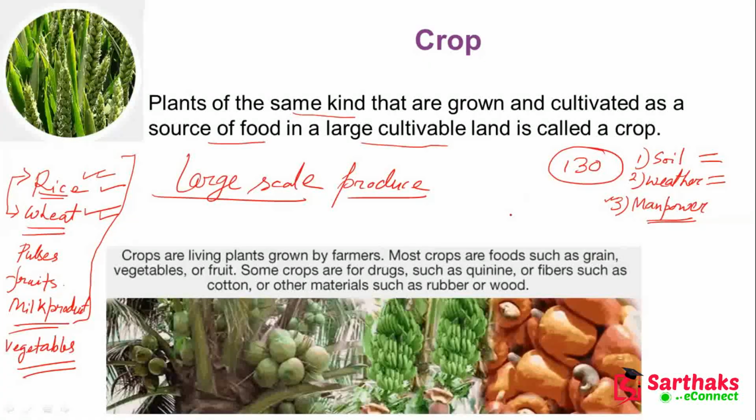So crop means the plants of the same kind. If I am cultivating rice, so I am cultivating paddy, I am cultivating wheat, I am cultivating pulses, so I am cultivating particular pulses. So plants of the same kind that are grown and cultivated as a source of food in a large cultivable land. I have told you what you mean by cultivable land, and I have told you